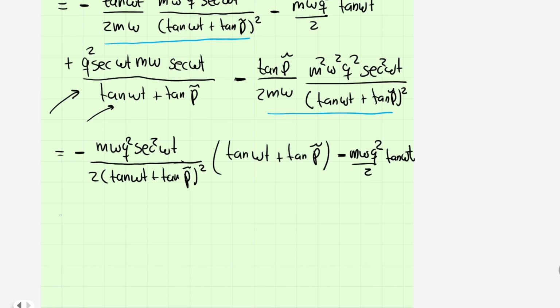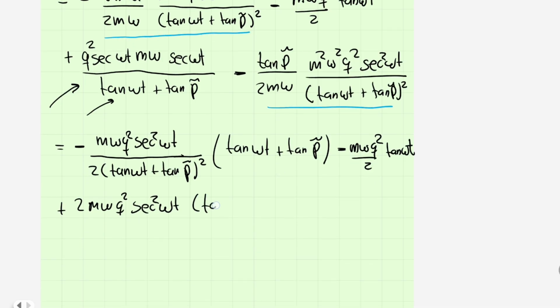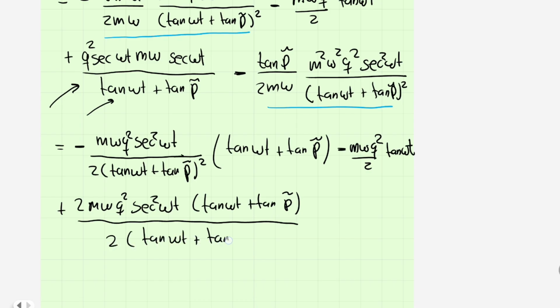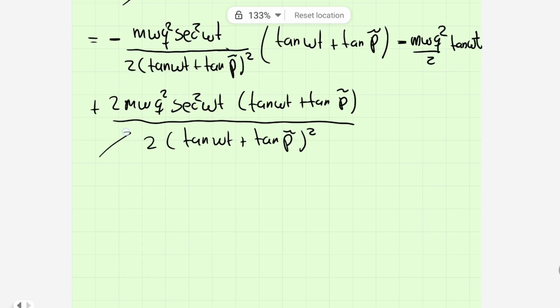So we will get plus 2q squared, let's say m omega q squared secant squared omega t times tangent omega t plus tangent p tilde, and then all this divided by 2 times tangent omega t plus tangent p tilde squared. Okay, so with this we can subtract these two elements to get